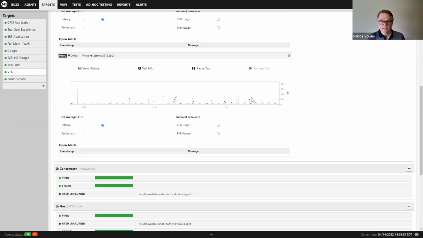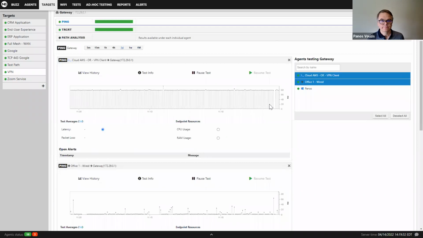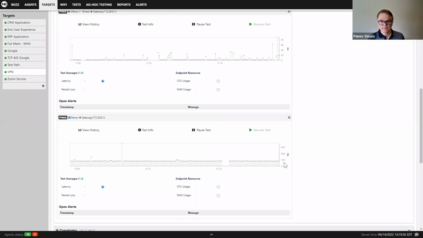Here now is the round trip time from the wired agent. You see some jitter introduced. Of course, this is the branch office. It goes through the internet, right, etc., to the cloud. So I would expect some of this. And then the agent running on my laptop, right? So I see here again, it's smoother than the previous one, but you get the idea, right? So how this would look like, and at the same time, you can see other metrics